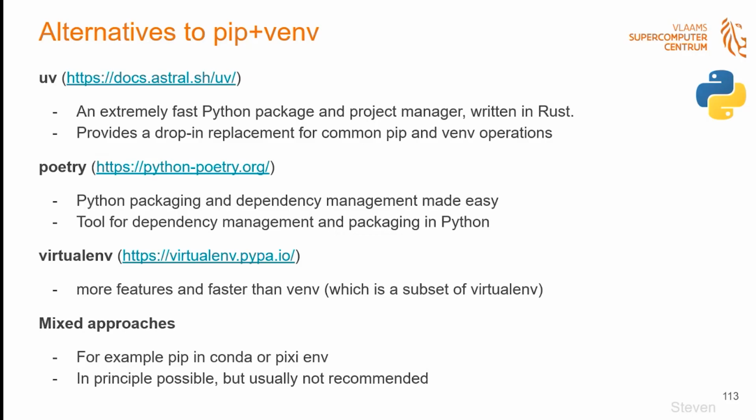So here's a brief list. One recent one that's got quite a lot of attention and indeed seems to be quite useful is UV. One of the things it does is it enables to resolve environments quite a lot faster than pip, and it should be a drop-in replacement for many of the commands. Alternatively, there's also Poetry. I think it's a bit more aimed at people developing Python packages, but you can also just use it